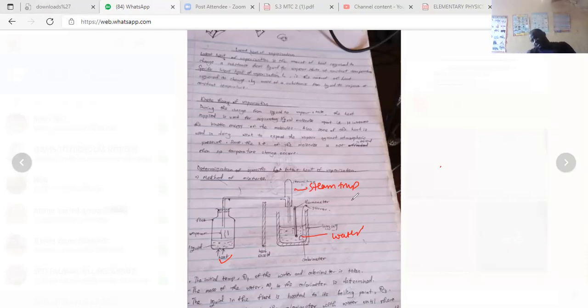So the boiling point is the temperature at which the liquid boils. Then steam is passed through the calorimeter with water until